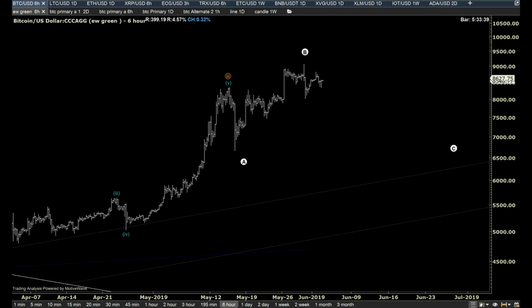go, for example, a running triangle where we would go 3-wave move in here, and you would have an A, B, C to complete wave A. You would have another A, B, C to complete wave B. You can have another 1, 2, 3 to complete a wave C. Alright, then you can go 1, 2, 3 to complete a D. Are you tired yet? And now you can come 1, 2, 3 to complete a E, and then you can